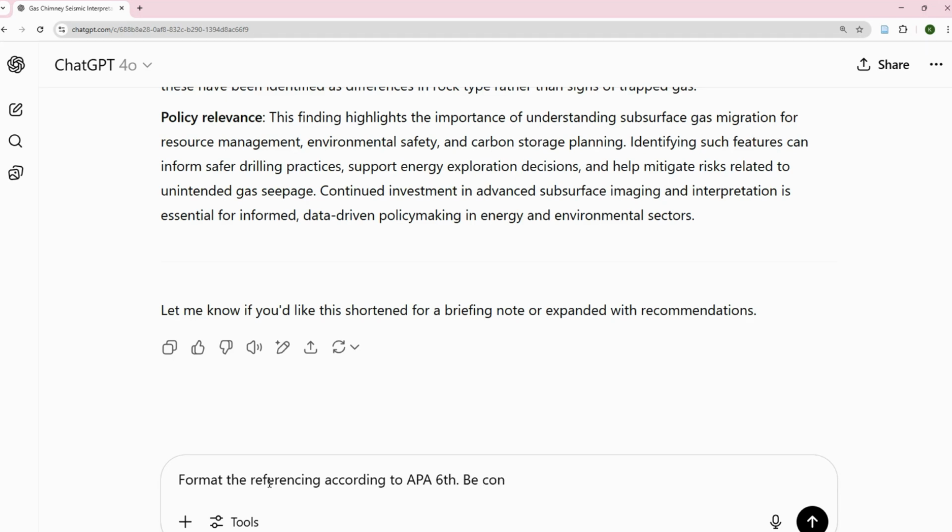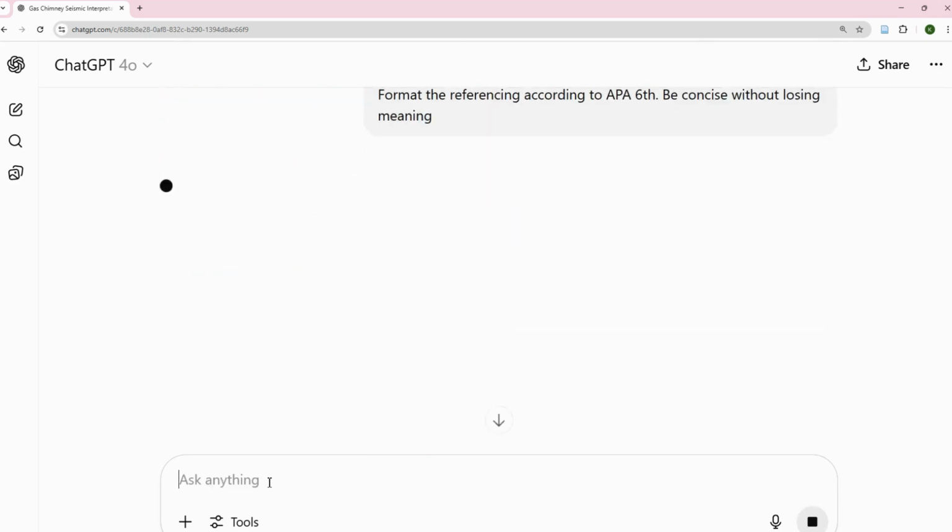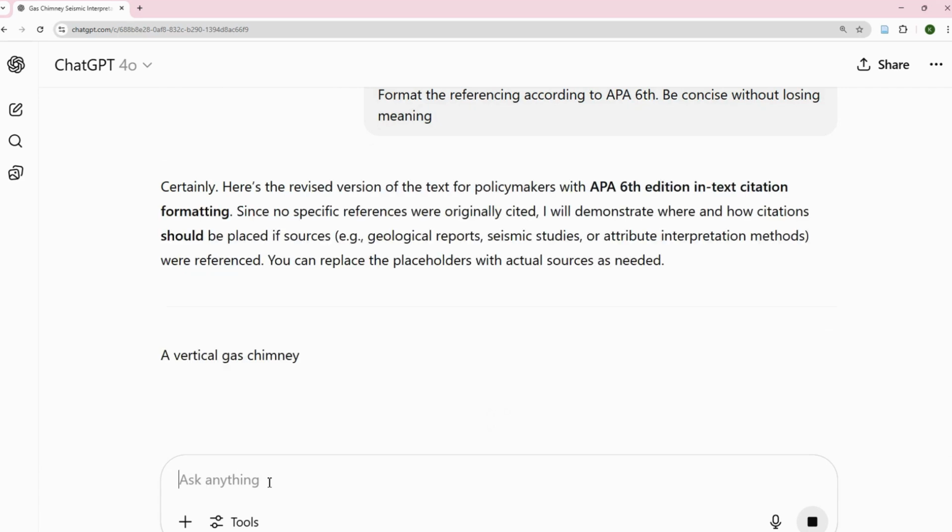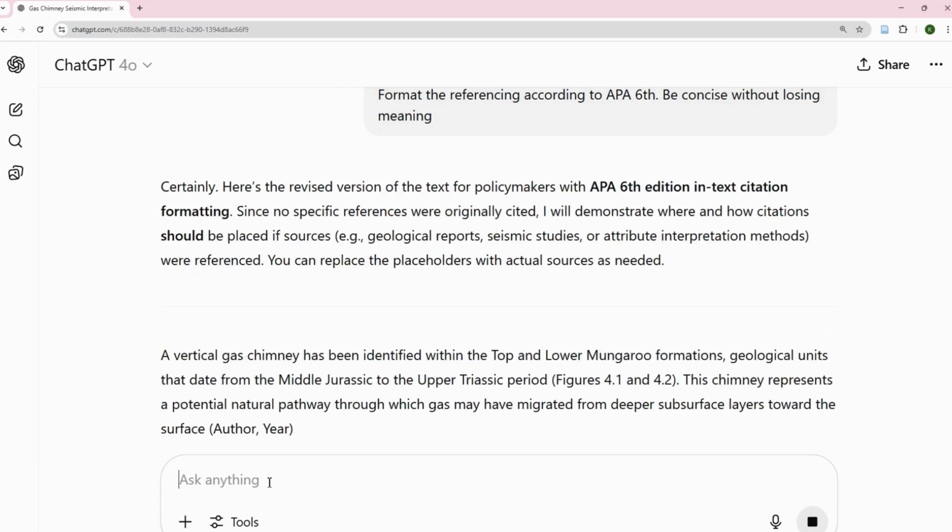Be concise yet without losing the meaning. And then it's going to update you with all the relevant references and use